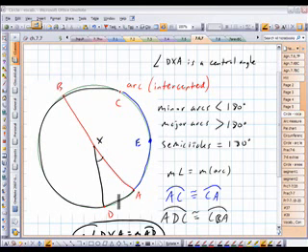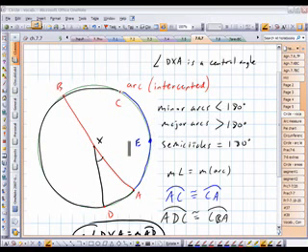An arc is a piece of a circle. Now we have minor arcs, which are less than 180 degrees, and we can denote these by two letters or three. Two letters, say arc AC or arc EA. We have major arcs, which are bigger than 180, and for major arcs you need to have three letters, such as arc